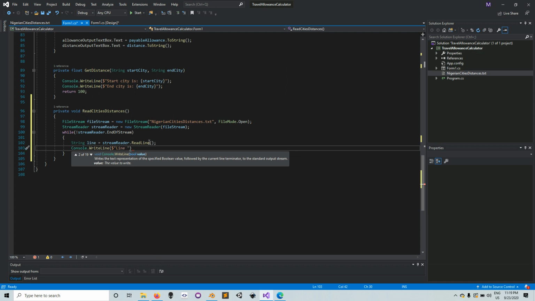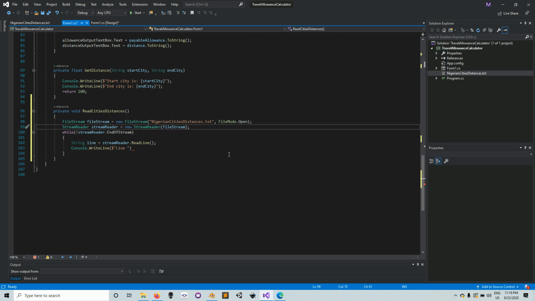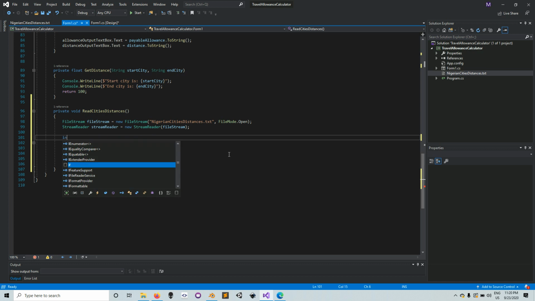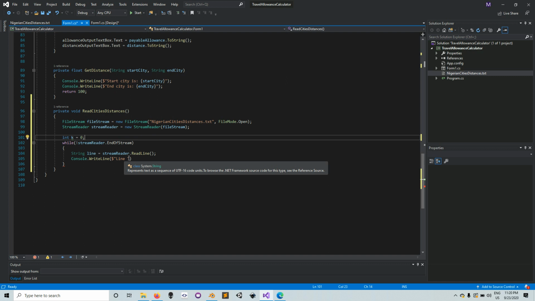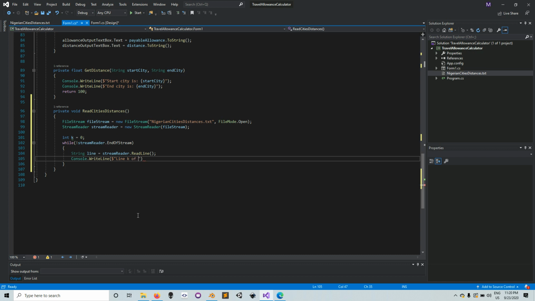I'm going to need a counter in here. So I'm just going to create a counter, int k equals 0. Now this counter is not necessary. I'm just creating it so I can show which line number is being read. Okay, so line k of